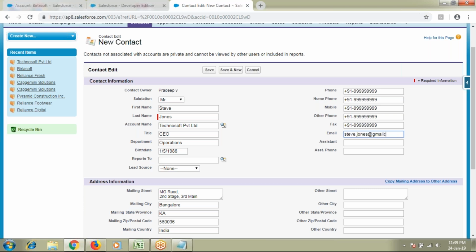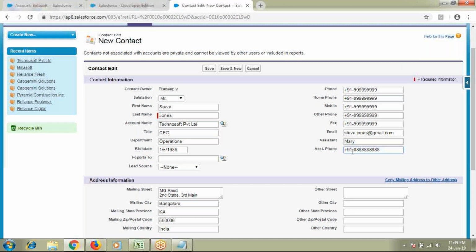If this contact has any assistant, yes, let's suppose Mary, and Mary's phone number, some random number. And now scrolling down, we have the mailing address. If you want to copy mailing to other address, click on this link, where automatically the mailing will be copied to other address. And languages.